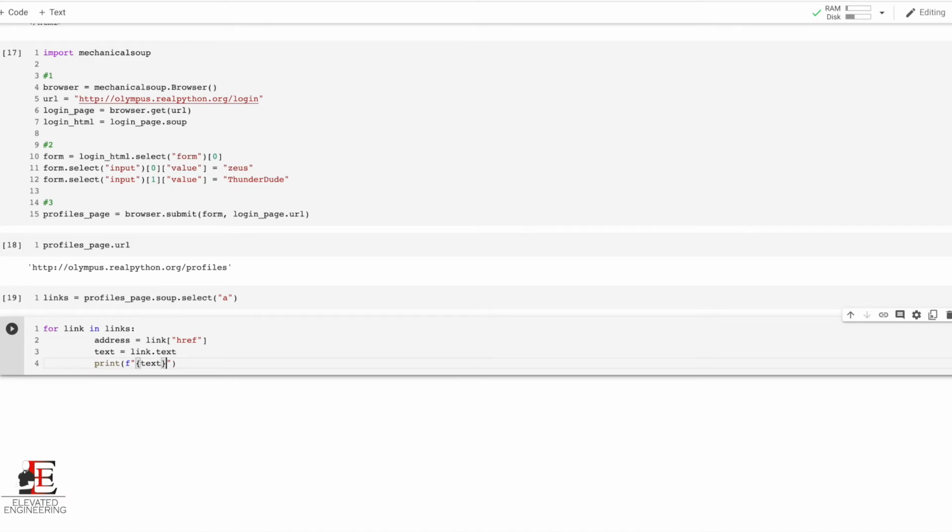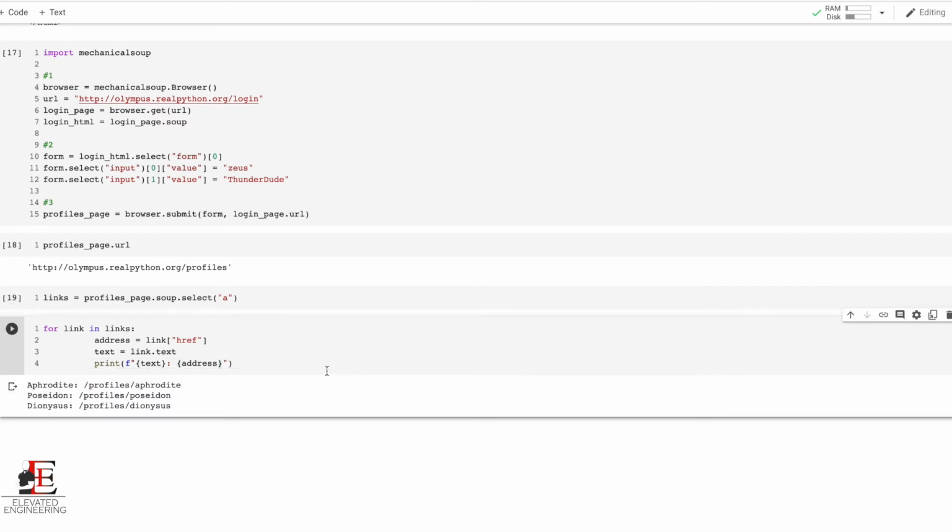That is the text. And we're going to be printing inside the link the address of the link. And as you can see, all the links are to Aphrodite, Poseidon, and Dionysus links in the website. So really quick, we can set a base URL,